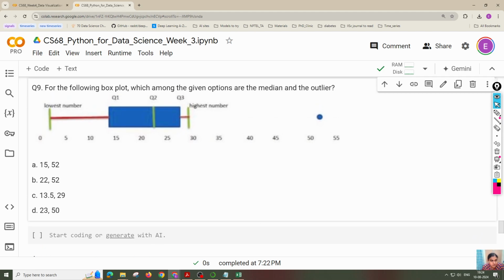Now the next one. For the following box plot, which among the given options are the median and the outlier? So this is the box plot. I think you have seen it from the slides. Can you answer? Okay, I got B. Anyone else? Anyway, it's not clear values. In between values only are given, but you can kind of see that the median will come around